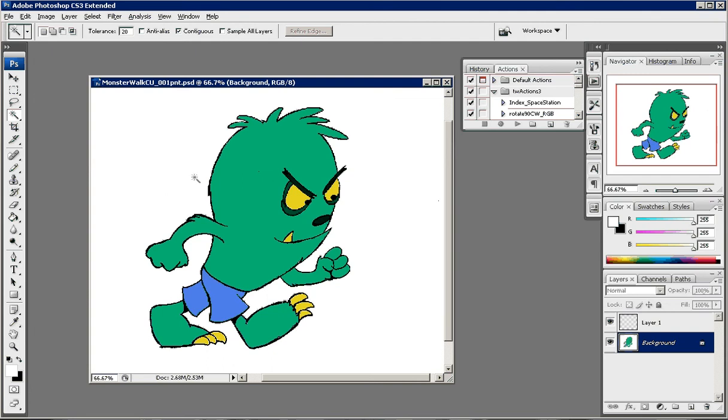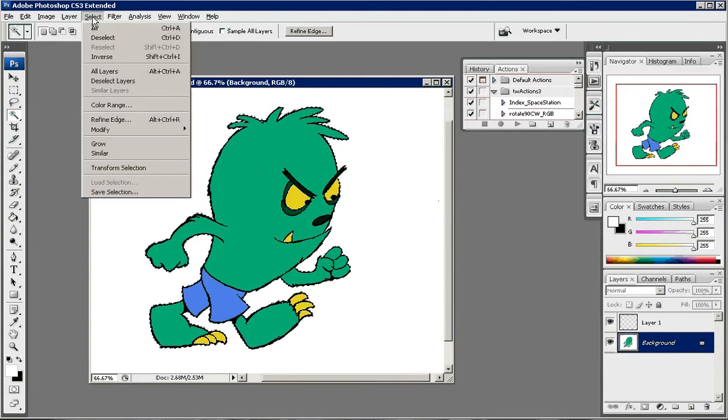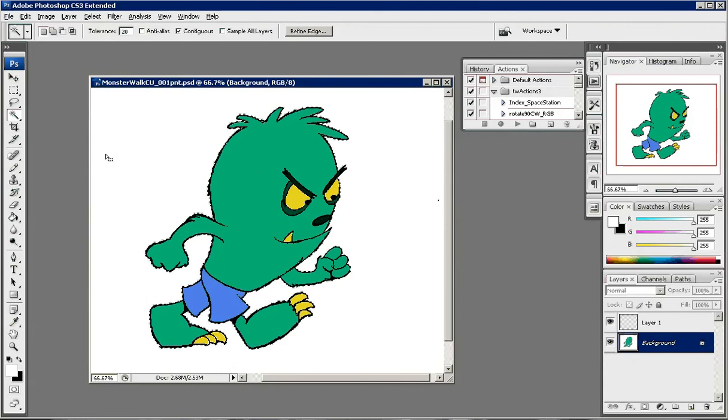And I am going to select the wand. What I'm going to do is select similar. So I'm going to come down here, not similar layers, but just similar. And that is selecting everything that's white. That's going to allow me just to paint whatever is white on the image. So as I select that, then I'm going to zoom in